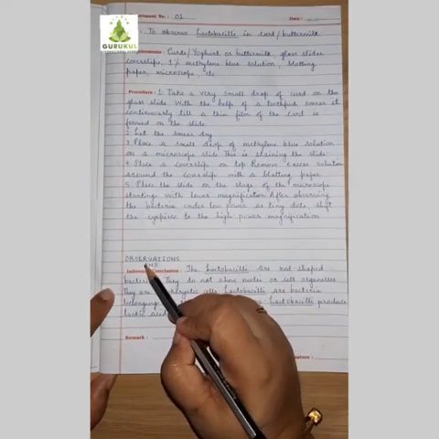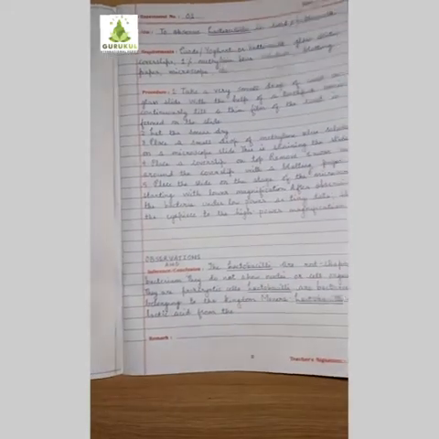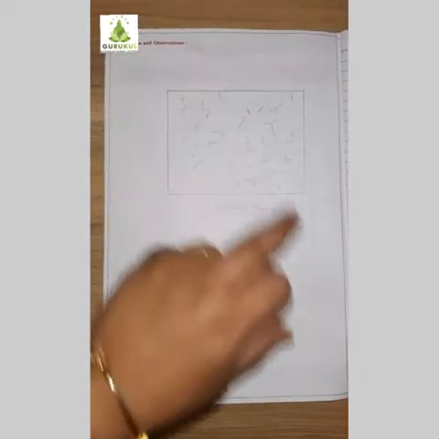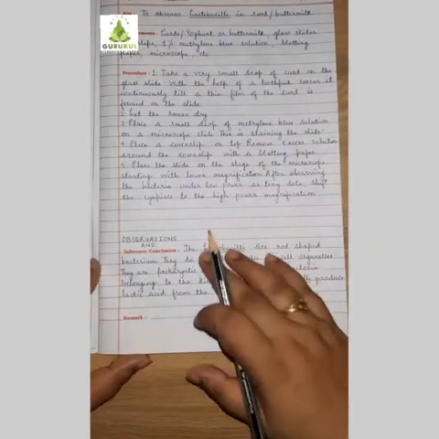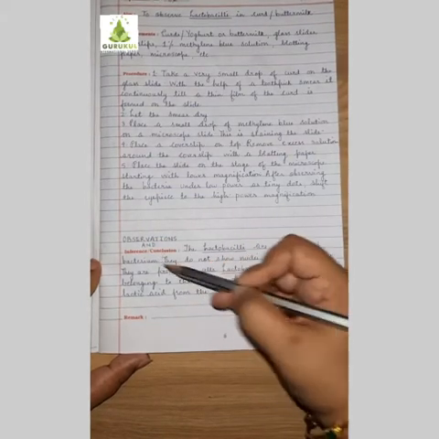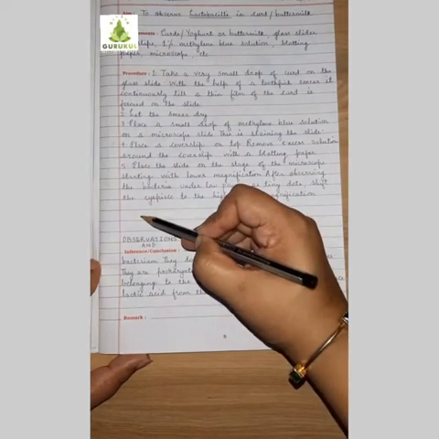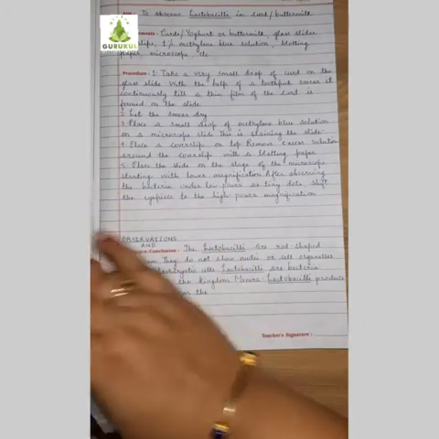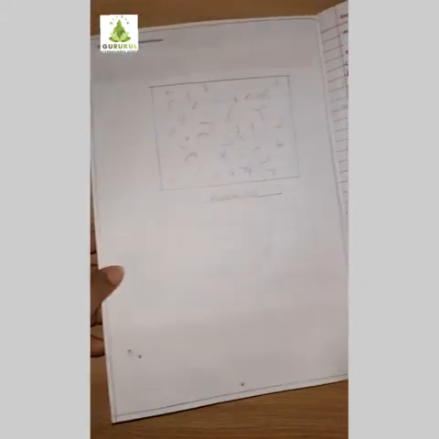Now yes, you can write observation on this page, or you can write observation on this page, left hand side also. Can you see diagrams and observations? Many a times if you have space here, you can write it down here. Since in this experiment observation was in one or two lines, what I have done, I have combined observations, inference and conclusion, and then I have written in a paragraph form. Okay, if you want you can make observations separate also. Clear? So on both sides you can write. Observations can be written on left side or right side. Okay, but diagrams need to be drawn only on the left side.